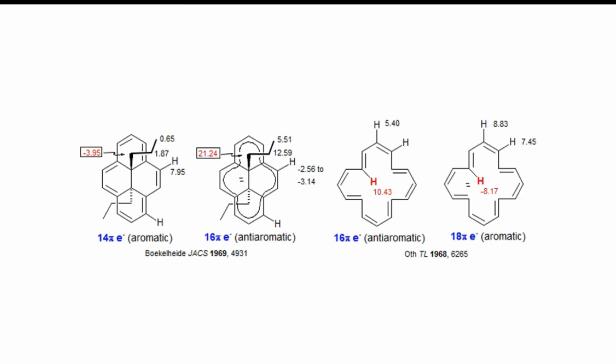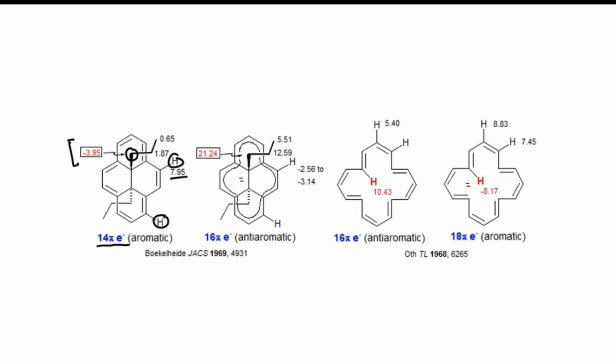Now there is a comparison between the aromatic and anti-aromatic. We can see that this system, which is a modified version of the previous example, is a 14 pi electron aromatic compound. So naturally the peripheral hydrogens will be deshielded, from the theory. So the value is 7.95, very much deshielded. But this carbon has hydrogen associated with it that gives a negative value, because it is positioned in the shielded zone. That's why the value is so low that it comes in the negative.